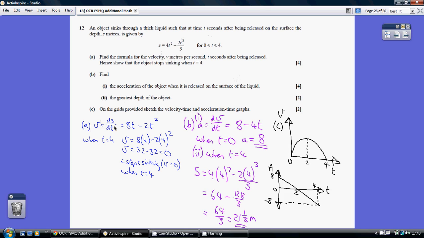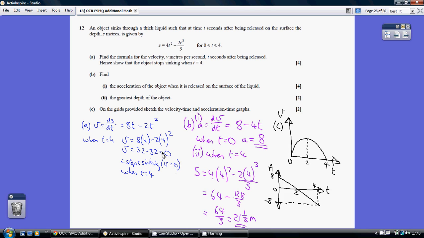Now v, the velocity, is ds/dt, so we have to differentiate this to get velocity. So we multiply by the current power and reduce the power by 1, so we get 8t minus 2t squared. Now we're told that t is 4. We need to work out the velocity, so we substitute 4 in, giving us a velocity of 0. So that obviously shows us that it stops sinking when t is 4, because when velocity is 0,